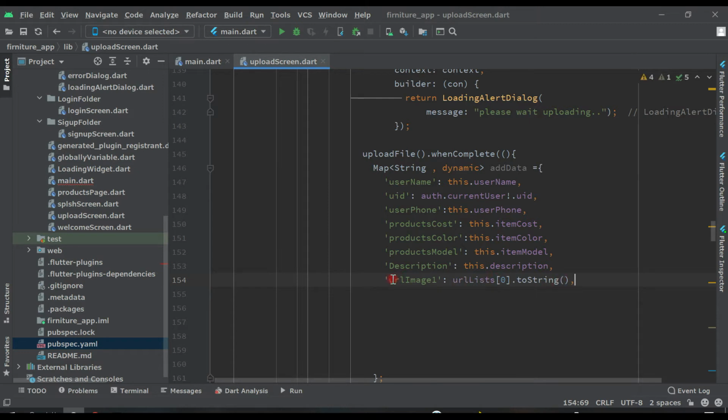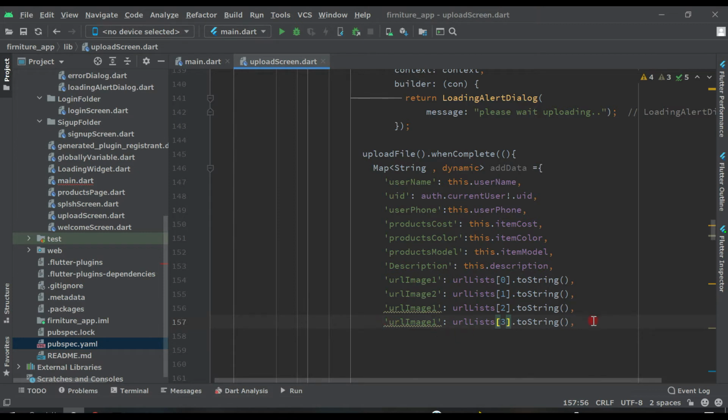Right here urlImage1 and urlList to string, then again copy paste 2-3 times like this, and change this to image1, image2, and here write 1 because the index starts from 0, so this image1 will start from index 0, and here write 2, here 3,